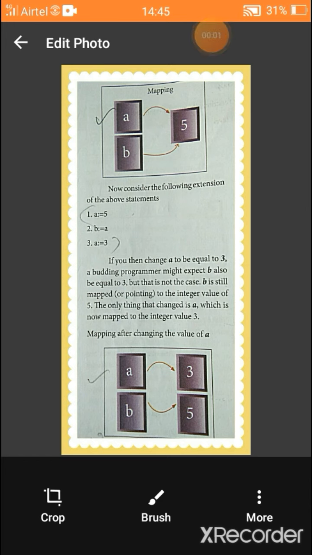In the first example, A is equal to 5, B is equal to A. So the value of B is 5. If we change the value of A to 3, we may think that the value of B is also changed. But it is not like that.